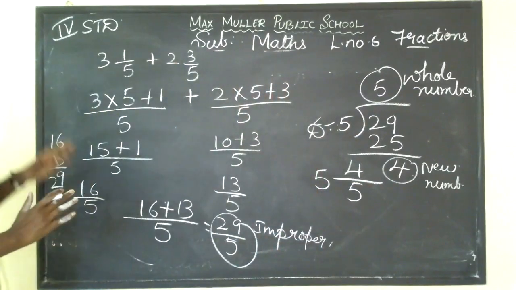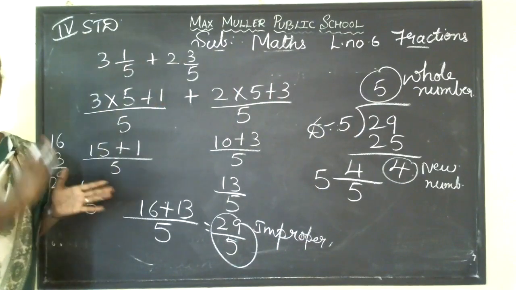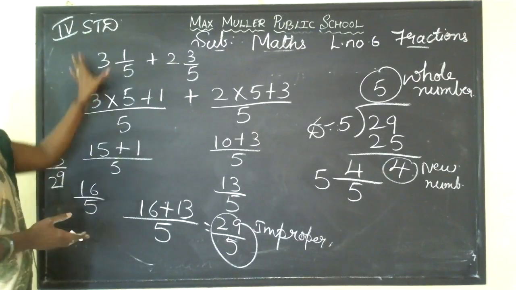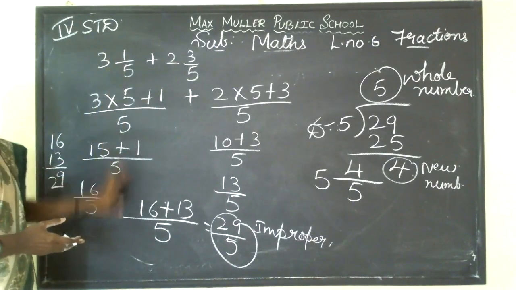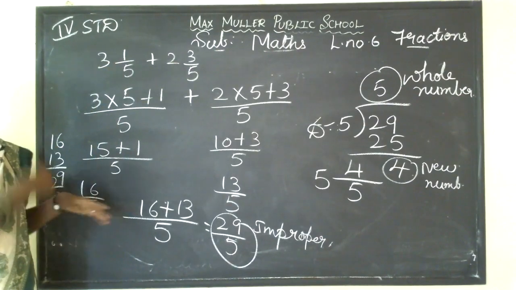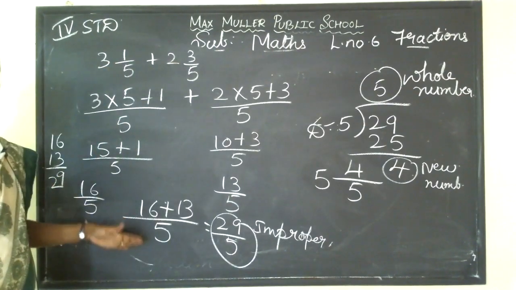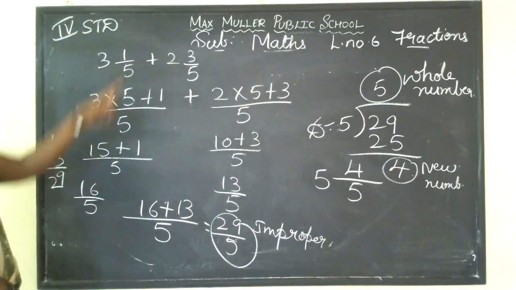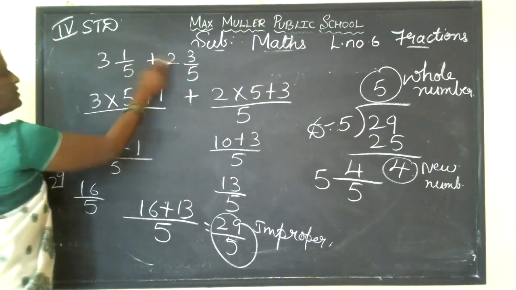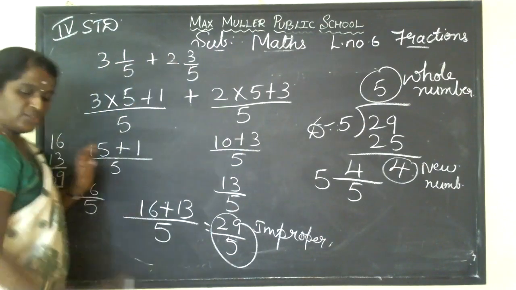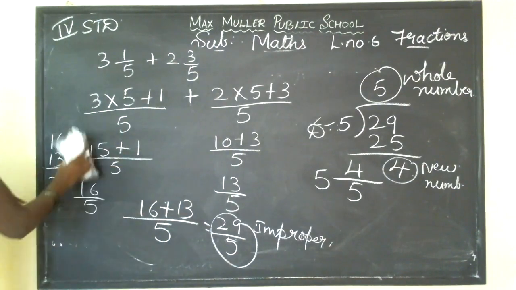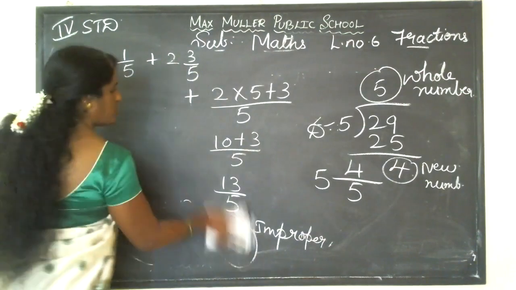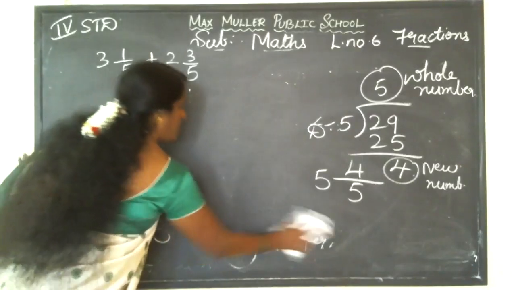If they give like this, two sums, convert into mixed fraction and improper fraction means, so you should add like this. So you'll get improper fraction. We want the mixed fraction answer. Yes, no children? So see here, you got answer 5, 4 by 5. So you may think, see, 3 plus 2. Just I show this, copy this sum children. You may think how you got 4 by 5, why ma'am did improper fraction, mixed fraction. No, see, I'll do it here only.